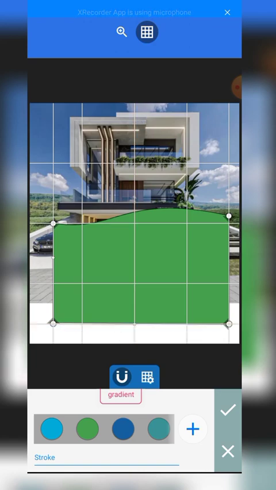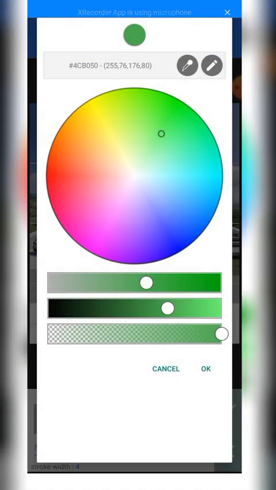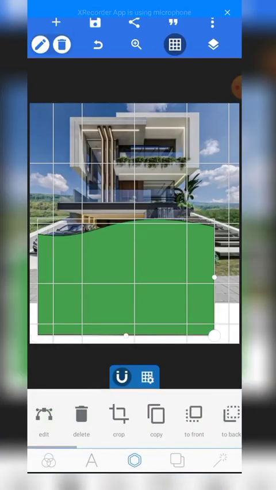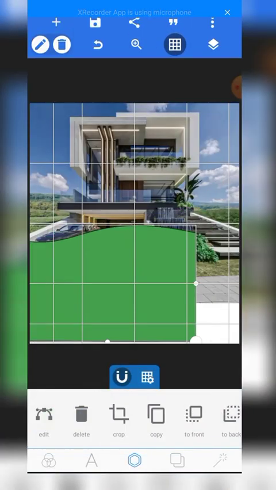All right, so let me go watch the hex out. So see, the code is 4CB050. So in case you are replicating yours, 4CB050. Okay, yeah. So that's the code you'll be using for it. I'll click on OK. All right. So that's wonderful. So when I'm done with this, I can now resize this